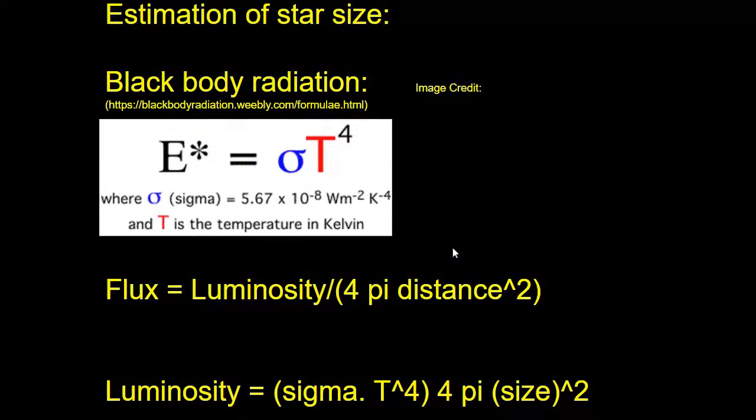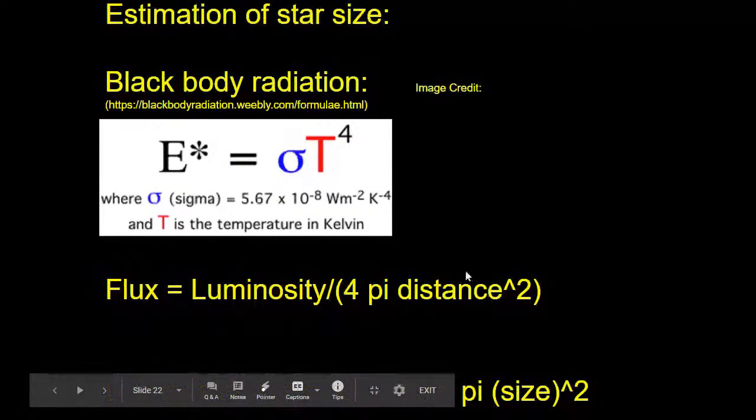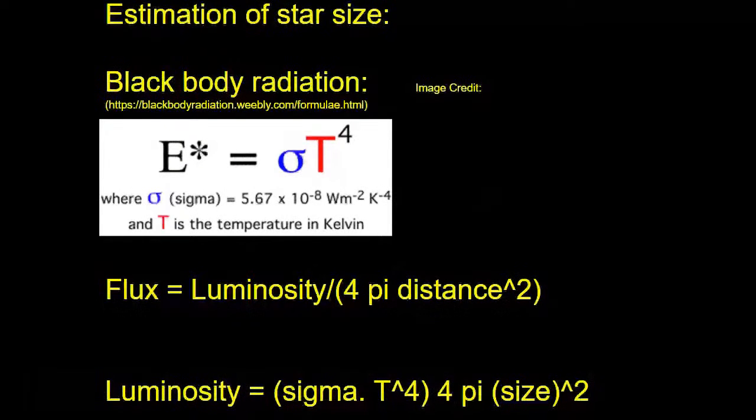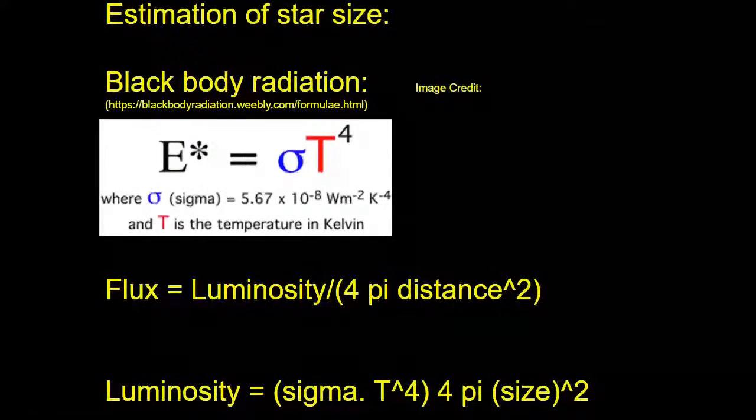Remember, this relation will directly give me the luminosity in terms of measured flux and measured distance. But we also know that if the photosphere is acting like a black body,